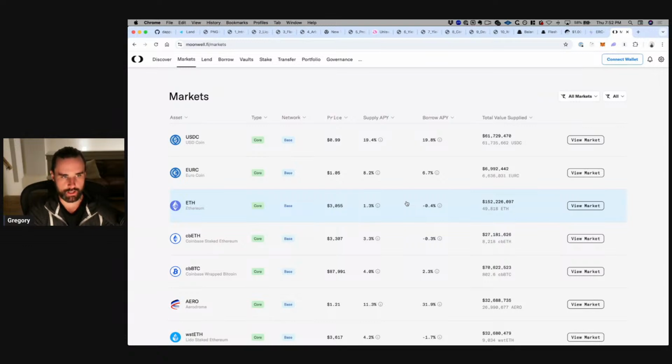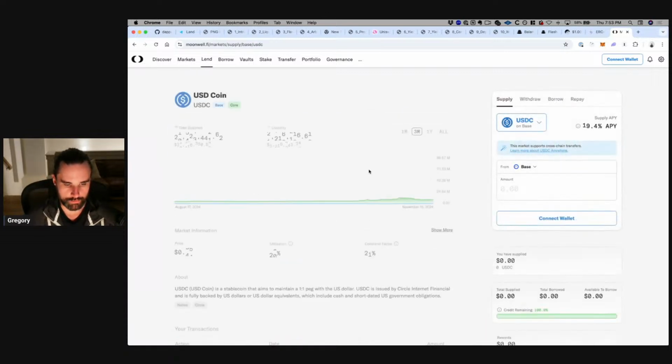There are risks because this is a DeFi application. Anytime you deposit money into a DeFi application, there's always risk that there could be a vulnerability in that application that could get exploited. So that's definitely something to always be aware of. But finally, the biggest risk that you could incur would be when you're borrowing funds from the market.